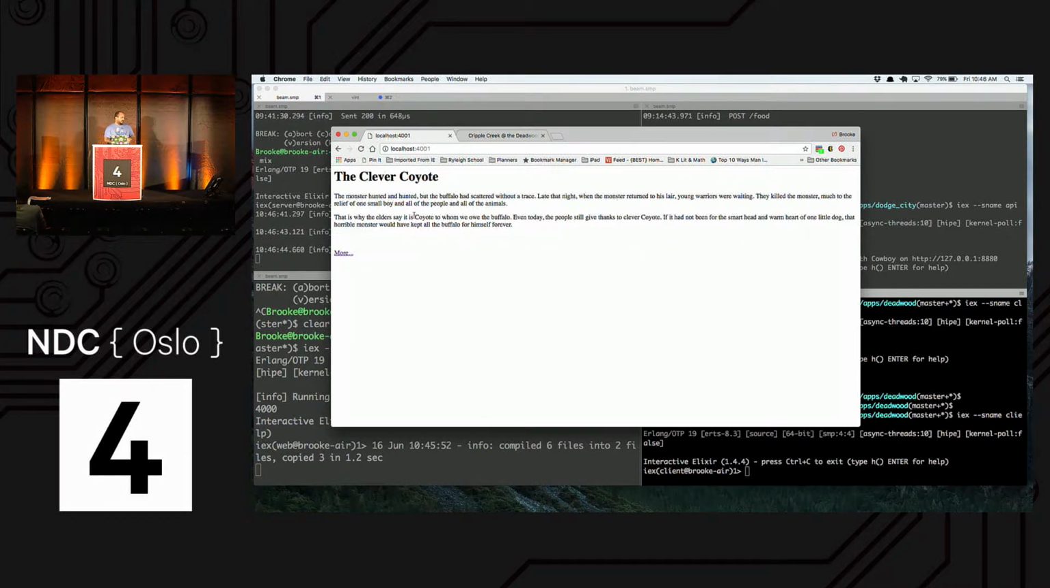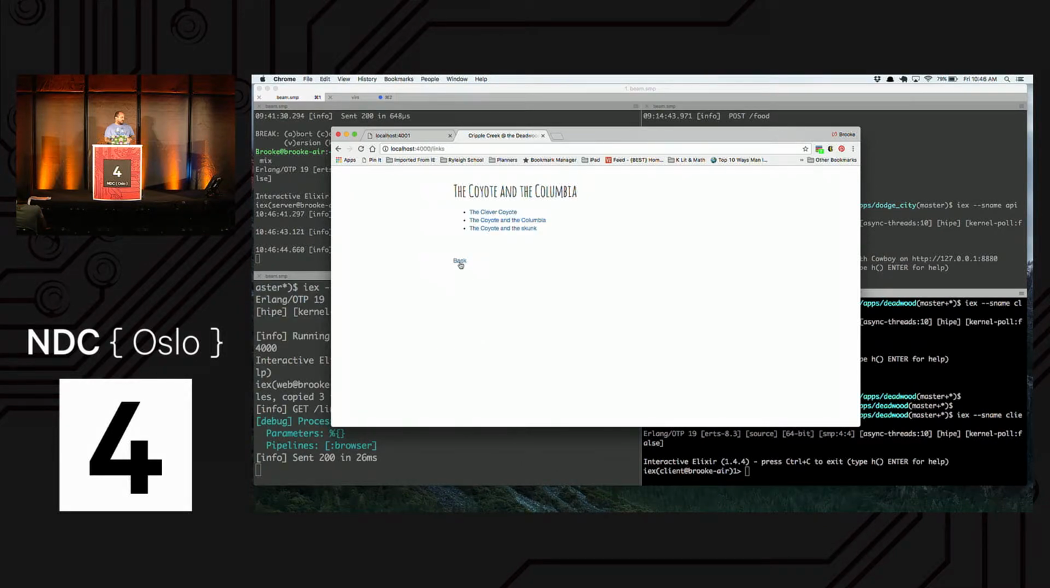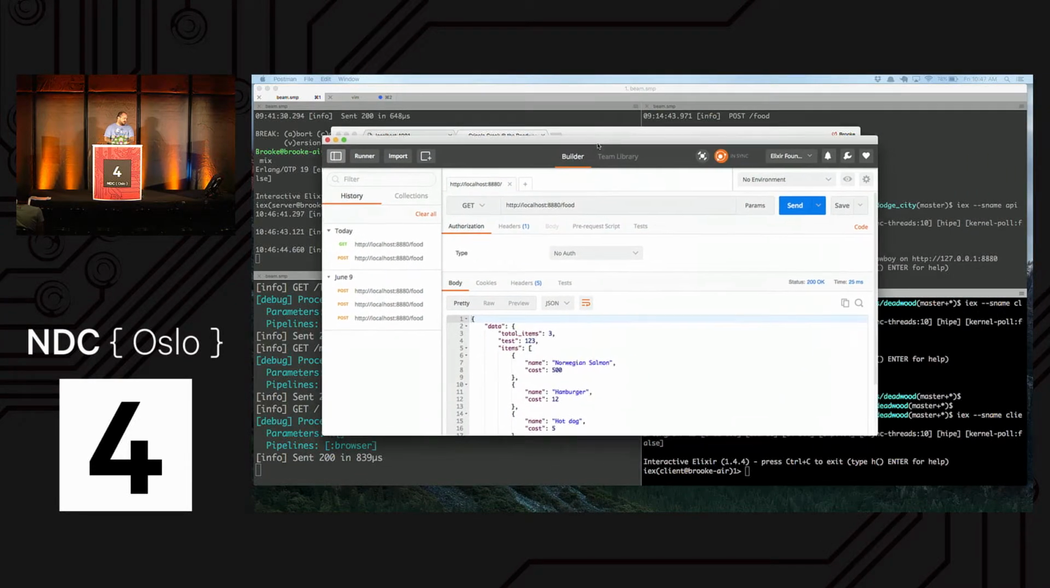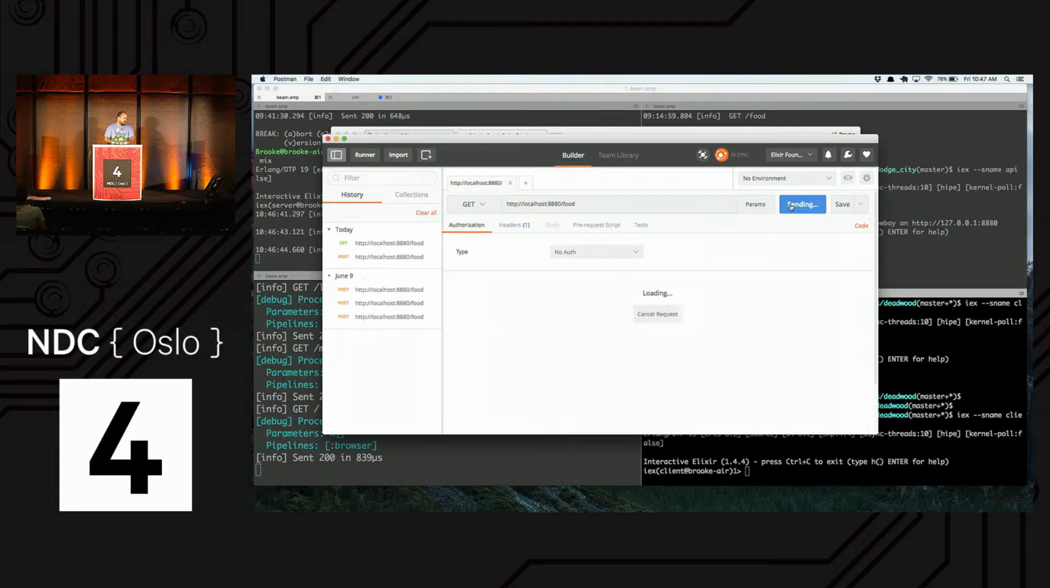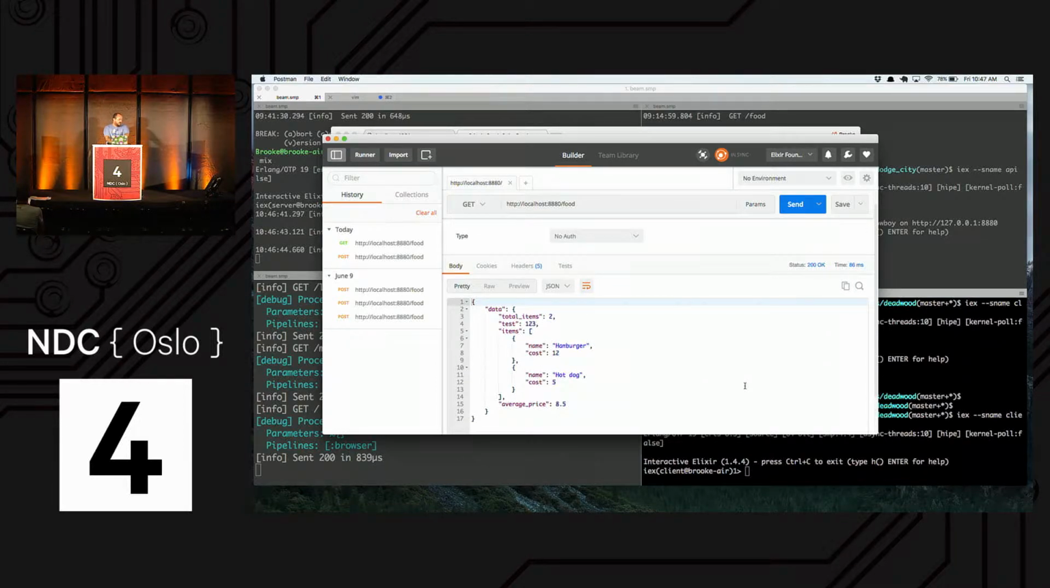If we go back, here's our clever coyote. Of course, all this stuff works wonderfully. So those are two applications being serviced by the same client. Now we also have, like I mentioned, the API, which, slide this over here, Postman. So if we send this request, we see we have a hamburger and we have a hot dog. That's the food that we can get. We have two items. Now, if we do a post,